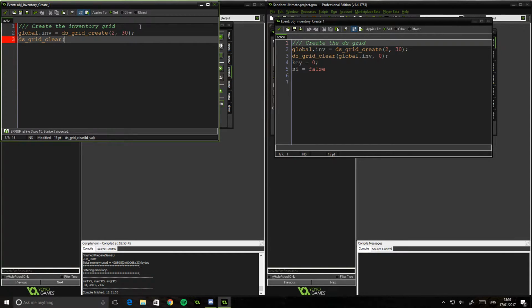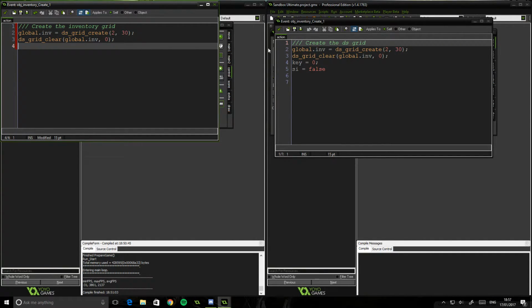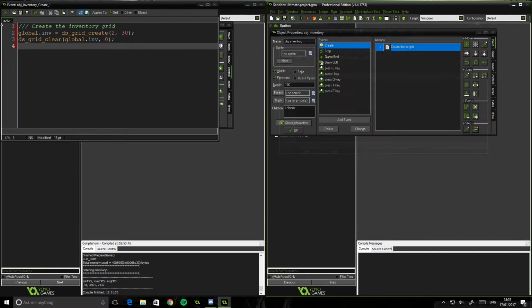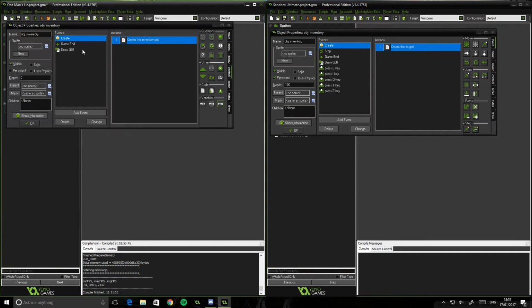So now we're going to clear that grid that we just made, just to make sure everything's set to what we want it to be. So it's global.inv, and we're going to clear it all to 0, just like that. Now that's all we're going to do for the time being. We'll go back to what the key and C mean in a minute. They weren't great names for them, but for the time being we're going to just go ahead and in the